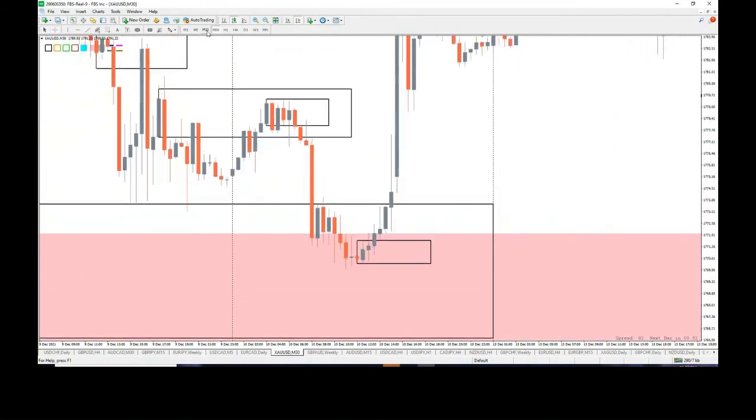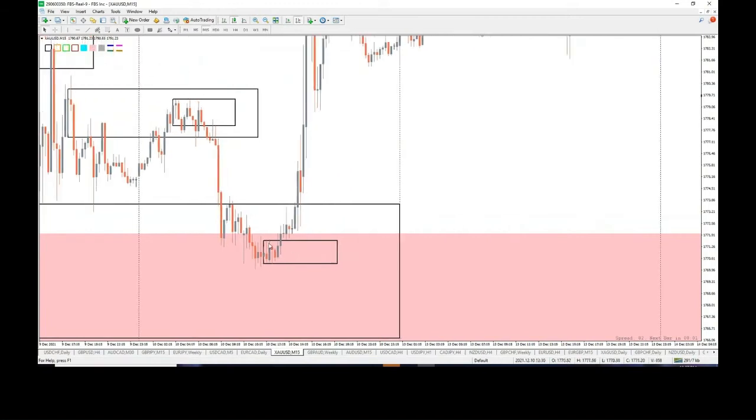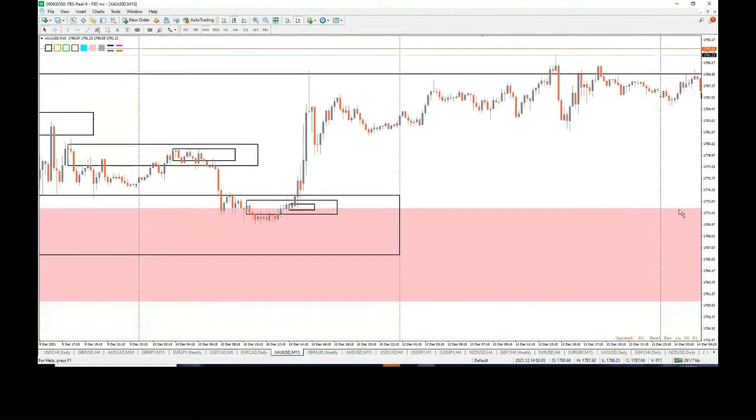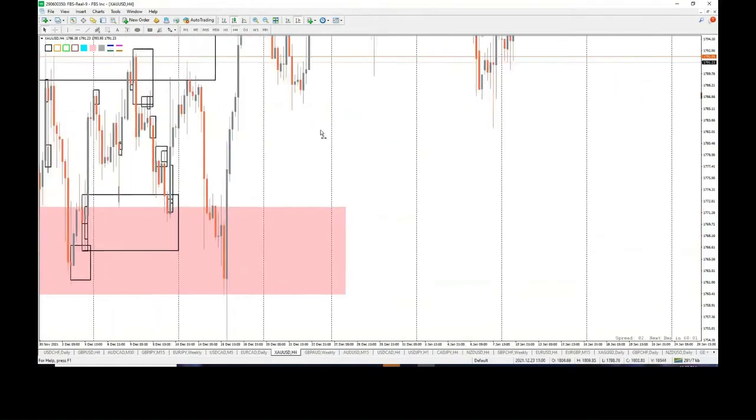So the confirmation is on M15, and the price is going down, and boom, it's telling us they want to go out, right? So this is your entry, M15. This is your next entry, until the next